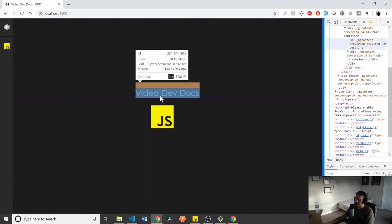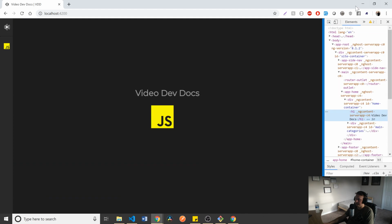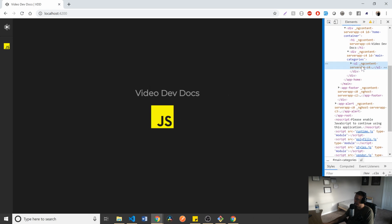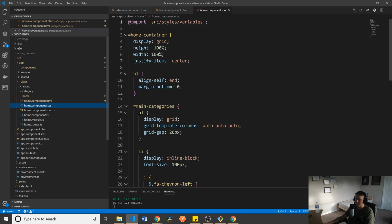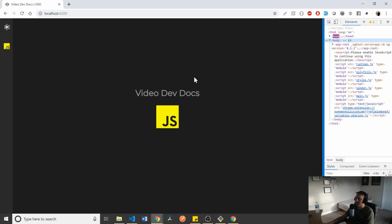So maybe does that look like it's not centered? Oh, because this is a grid. I see. So let's go to our main categories. This is the grid gap, I should say. So even though we don't have grid items, CSS Grid will actually put the grid gap on there. Cool. And I honestly think we're going to do a better job of...